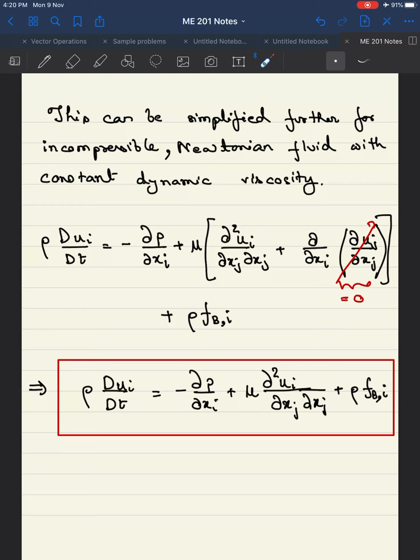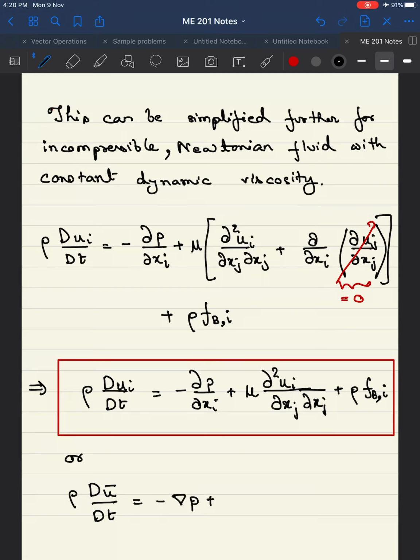Anyway, the solution of the Navier-Stokes equation is going to be discussed more in the second part of the course, which is going to be with Professor Ratnesh Shukla. So I'm not going to go into details. My job is to get you acquainted with this equation and make sure you understand it properly, so that when you work with his solutions, you will be able to see why he's pursuing them.